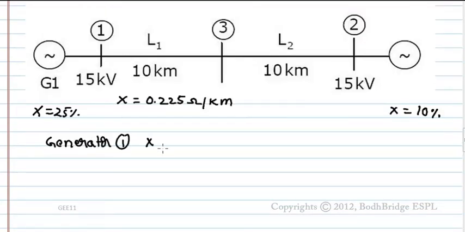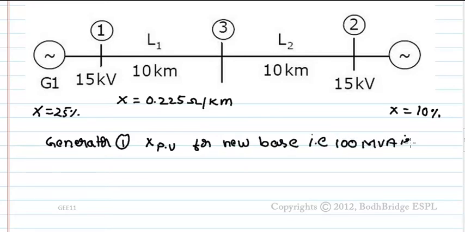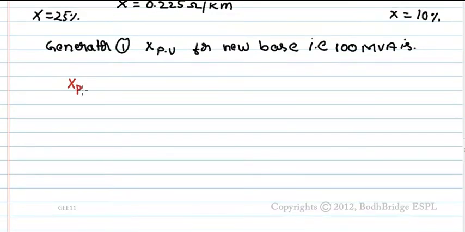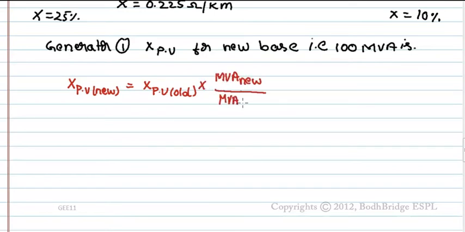Generator 1 positive sequence reactance per unit for new base, that is 100 MVA, is positive sequence reactance for new base equals positive sequence reactance in per unit for old base into MVA new by MVA old